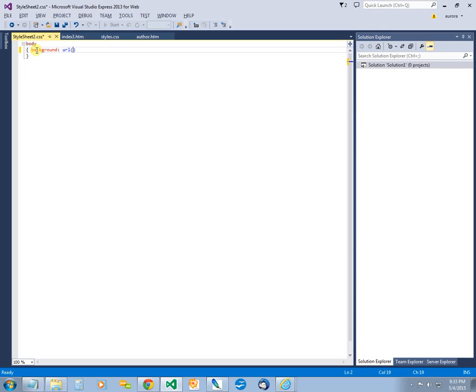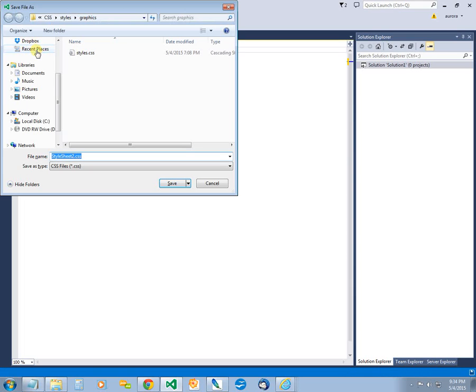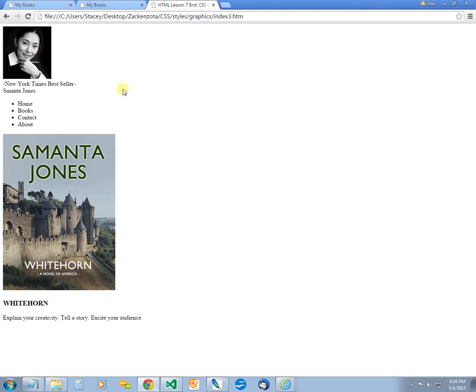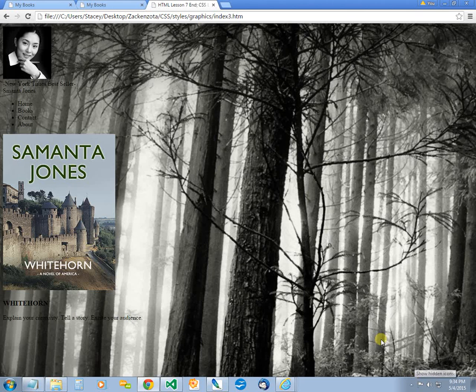And since it's not in an images directory, we don't have to type images/, we'll just type forest.jpg. And let's save this. We need to save it as style because that's what we called it, style.css, in the graphics folder, so we're in a good spot. And let's go take a look at our browser and hit F5, and we see that there is a forest